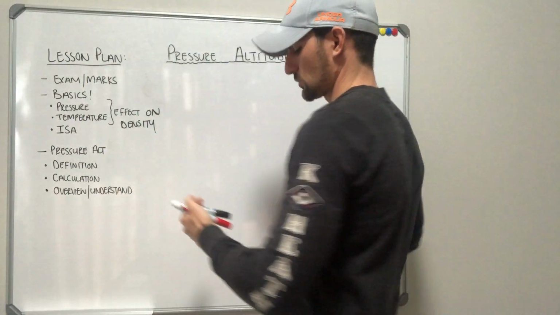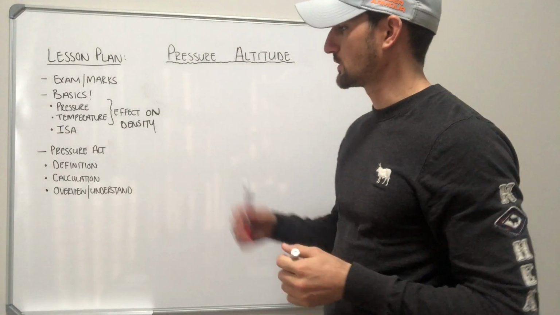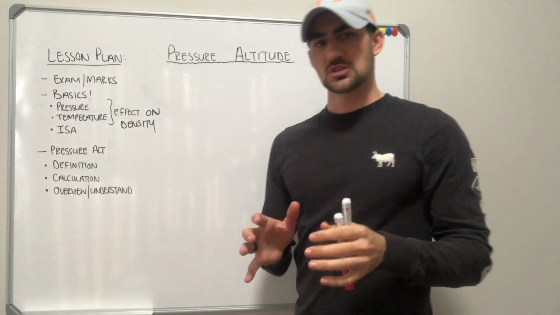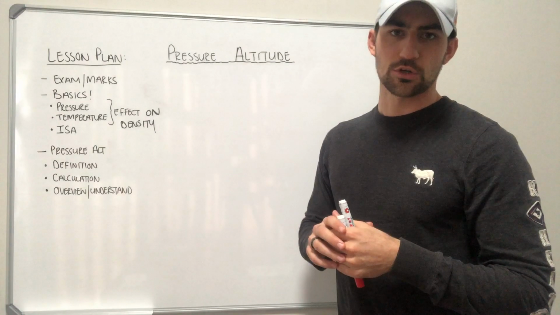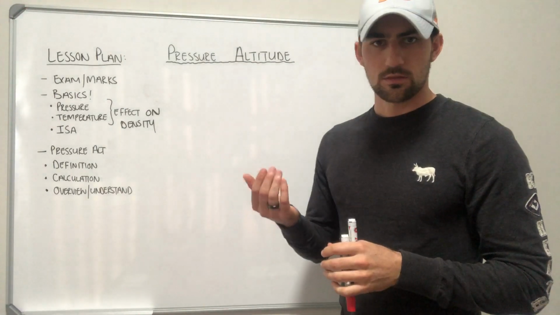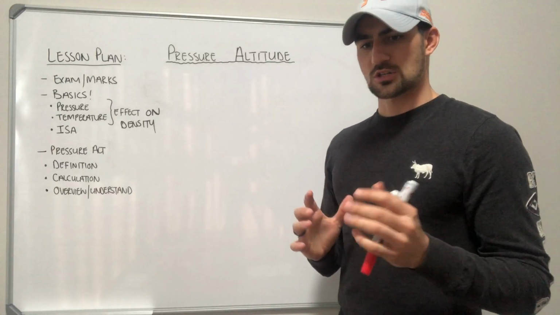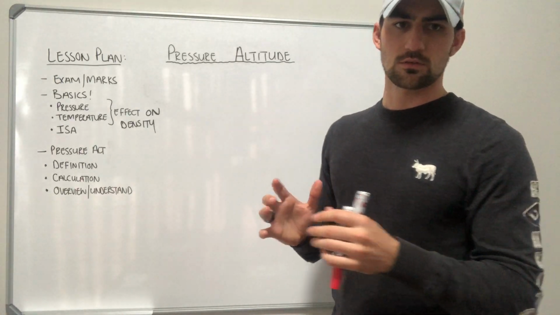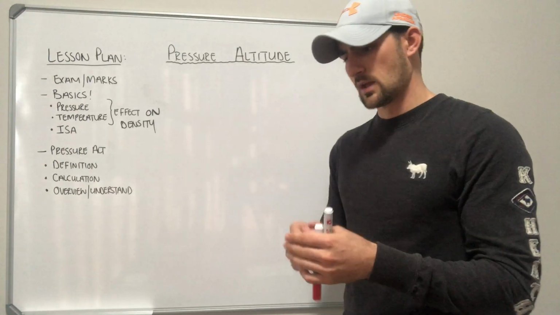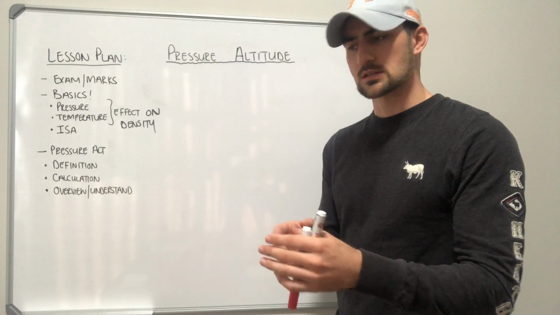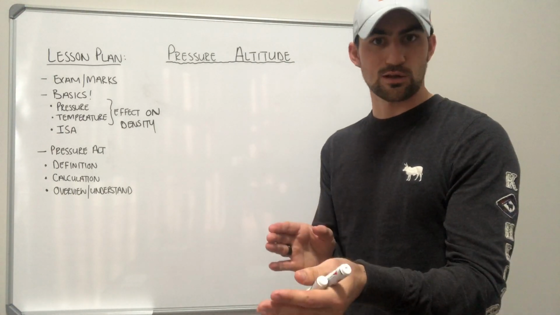So the next thing I quickly want to talk about, guys, is ISA. ISA stands for International Standard Atmosphere. Okay, now if you don't know what ISA is, let's call it a fairy tale or an ideal set of conditions that ICAO, the International Civil Aviation Organization, have come up with, because I mean, you can imagine if you were going to test an aeroplane today, right? You're doing a test flight with a new aeroplane today. Today might be 30 degrees Celsius, and the wind might be pumping and the pressure might be 1,030